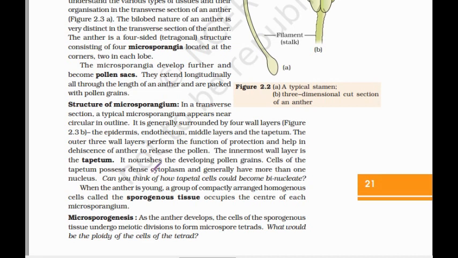Hello to all. Welcome back to another session. Today we are talking about the detailed structure of microsporangium and